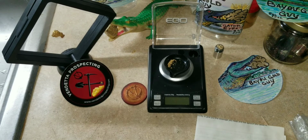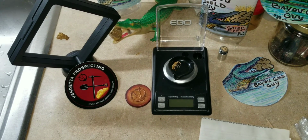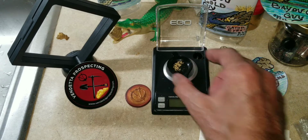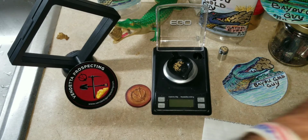So let me do some numbers real quick, and we'll see what the value of this is. Again, it's going to be higher because you don't sell this for gold price. This basically runs $100 a gram, is my understanding. But before we do that, I guess we could go ahead and show